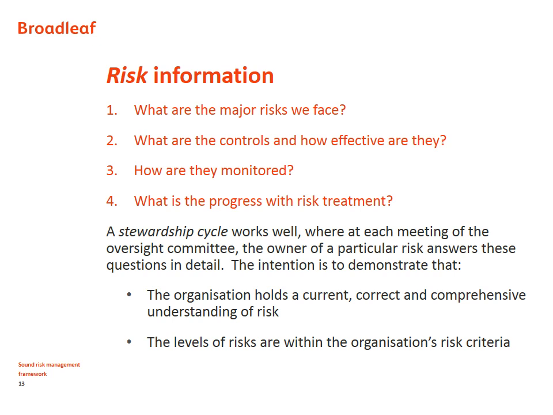Now, we can send the risk register or the list of risks with this ancillary information to the board, but many organisations now feel that it's much more persuasive to deal with this on a thematic basis and to have a cycle of discussions throughout the year, sometimes called a stewardship cycle, where at each meeting of the Oversight Committee, a risk owner or risk owners turn up and talk about their risks, talk about the key controls, talk about how they're monitored, and talk about any further risk treatment that's required.